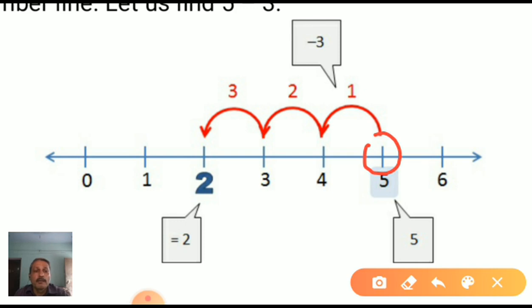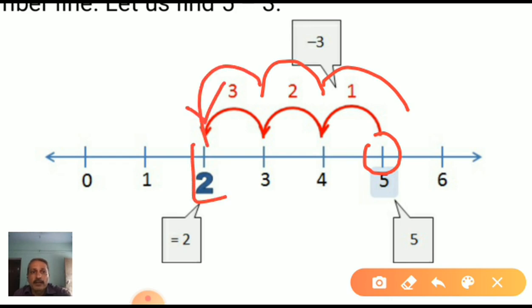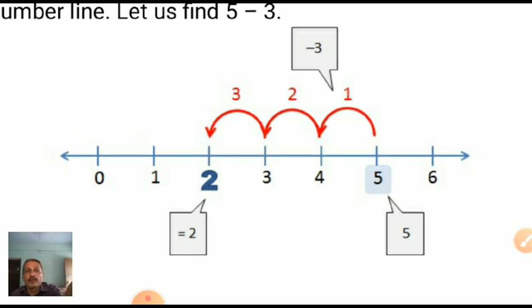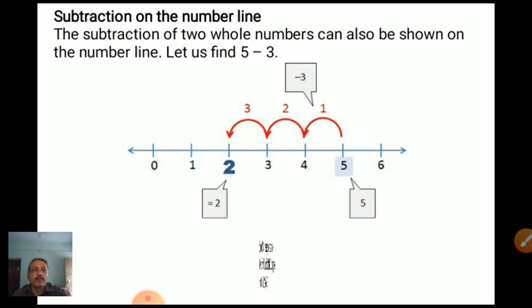Okay, now from there minus is there, which side do I have to move? As you know, subtraction moves to the left side, but how many jumps? 3 jumps. So 1, 2 and 3, and here is the answer. Arrow is shown here. Understood? Yes, and that's the final answer. That's 2. See, you can see the sign also. Good. Let's see some more.